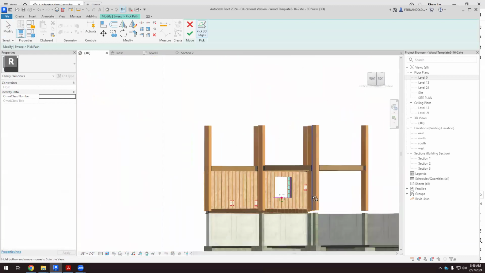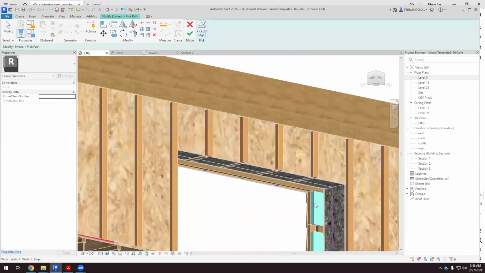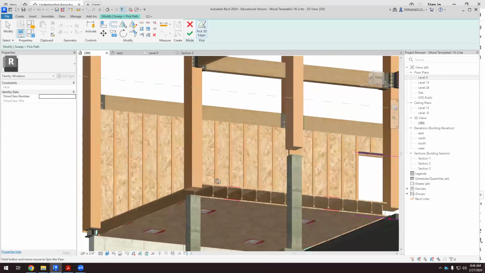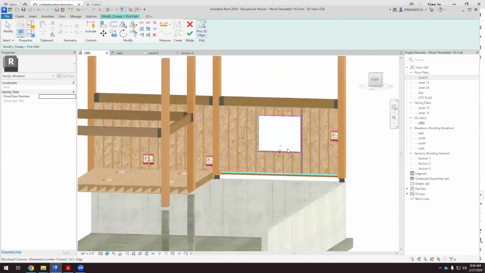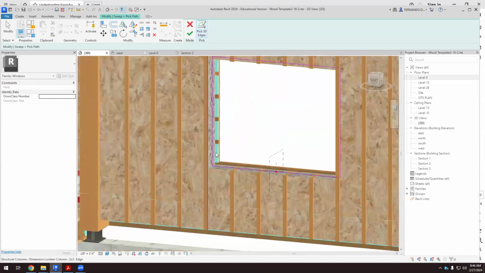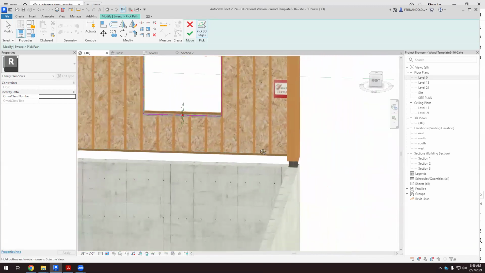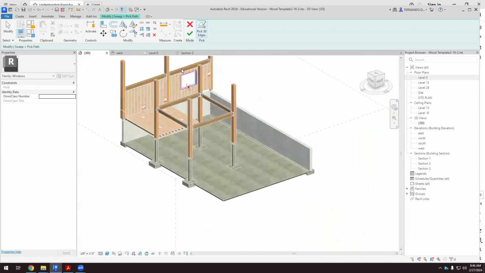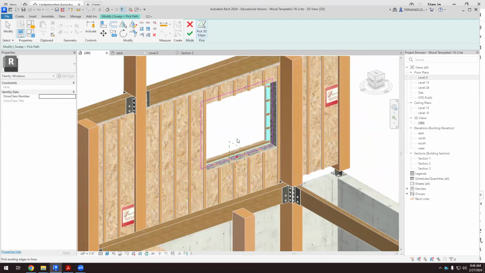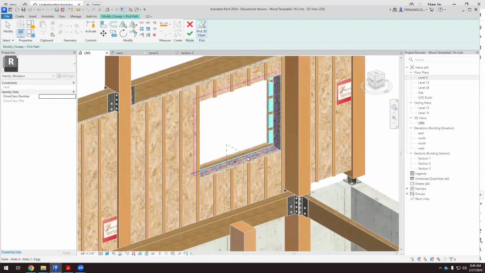I'm going to select the line that we have at the top of the window, this one, and I want to close this line by selecting the line that we have here. Okay, so remember that I created a rectangle. So the path now is the whole rectangle. So if I create a sweep, now the sweep will go around the window. So when we are done selecting the path, and remember that it's the whole rectangle, the whole opening,